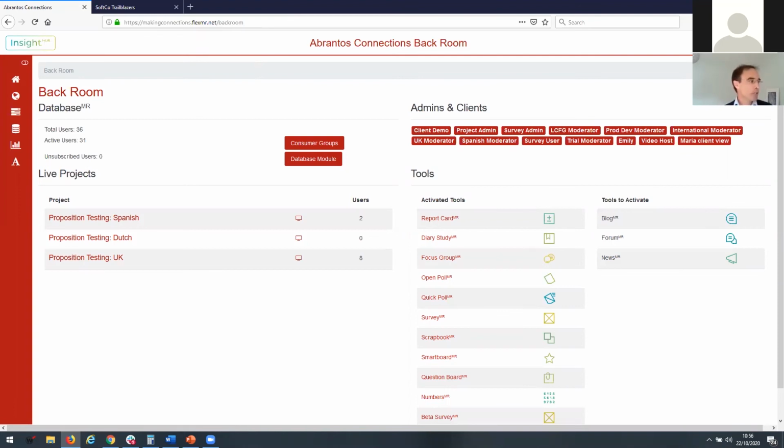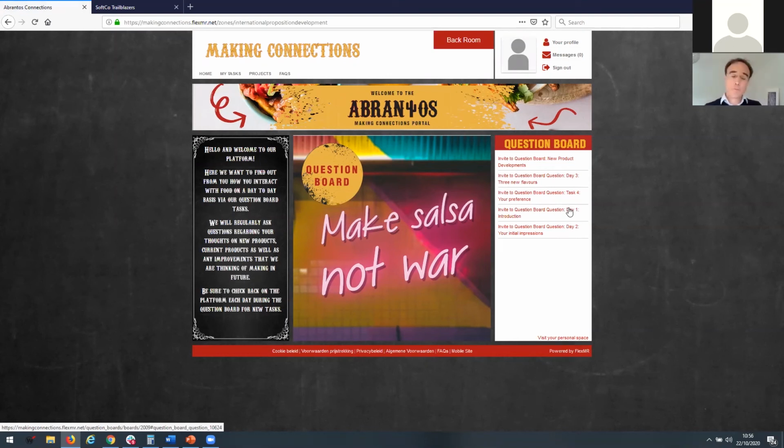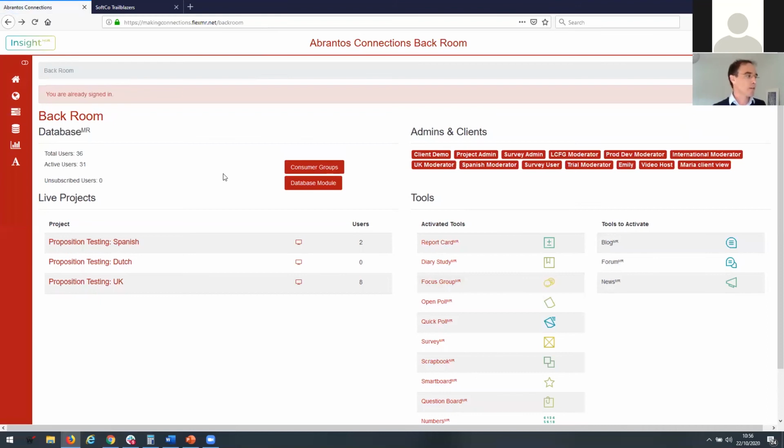What I'm going to have in this project, I've got that proposition test that I'm running in English. So that looks like this. It is just a simple question board in this project. I haven't got anything else clever going on. It's just 5 question boards. You could have done it with the previous one I showed you with diary studies and things too. So in that project, I'm going to have a UK English moderator.